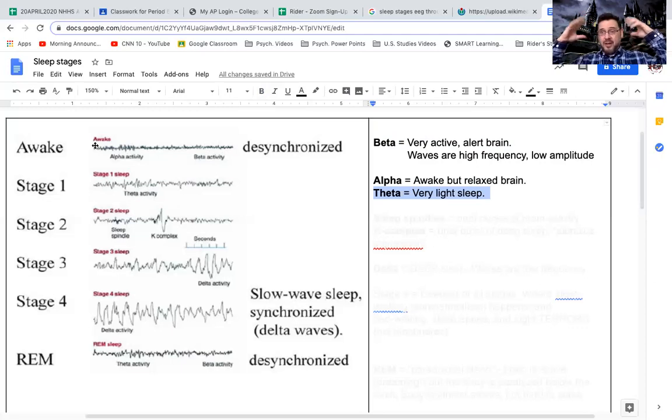Neurons aren't firing as much in the brain as they were when we were awake, but also think about our parasympathetic activity. Our heart rate starts to slow down by the time we get into stage 1. Our breathing slows down. Our blood pressure drops. Body temperature drops a little bit. Maybe this is why they call it falling to sleep, because so many of our bodily activities fall, they drop,